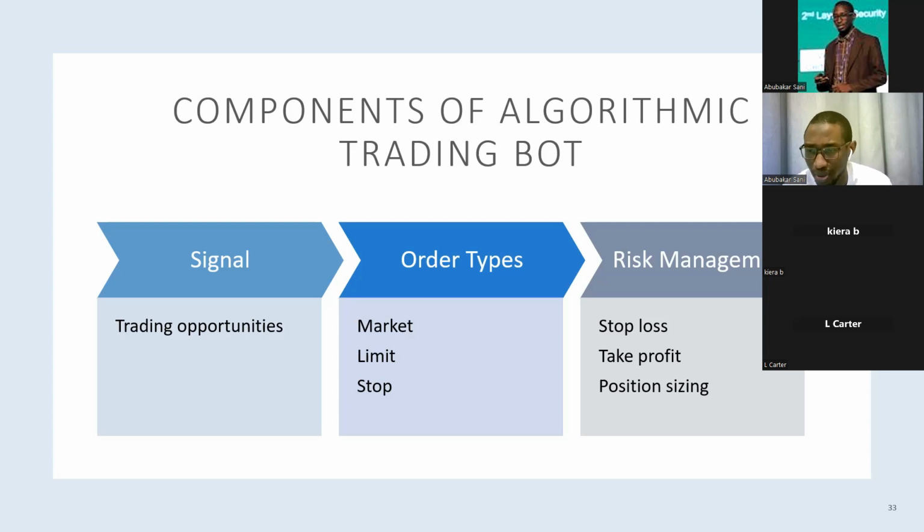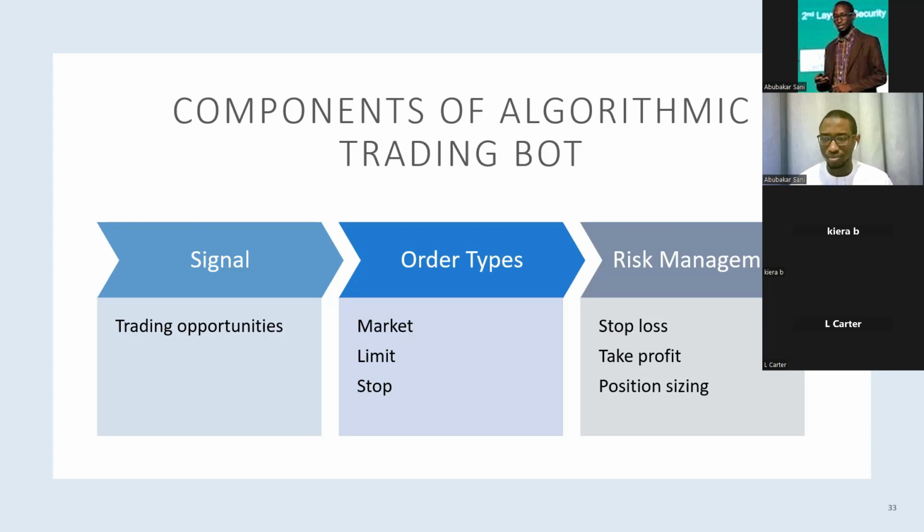Take profit will help you decide at what level you should get out of this trade, no matter how profitable the trade is looking. If the trade is looking like it's going to break all barriers, it's going to the moon, you don't care. You already indicated that once it reaches a level, you want to sell, and you are happy with doing that. That's the take profit. So you have to decide what level that is.